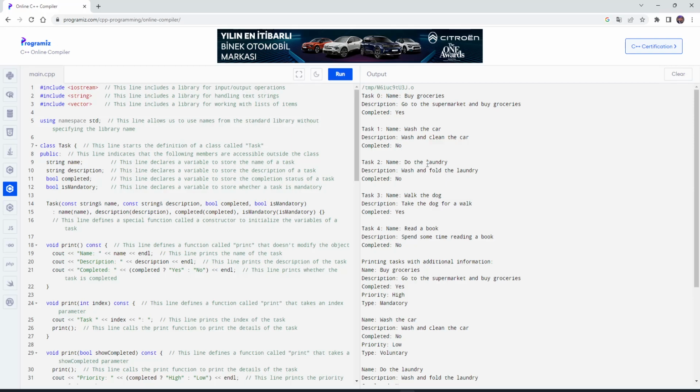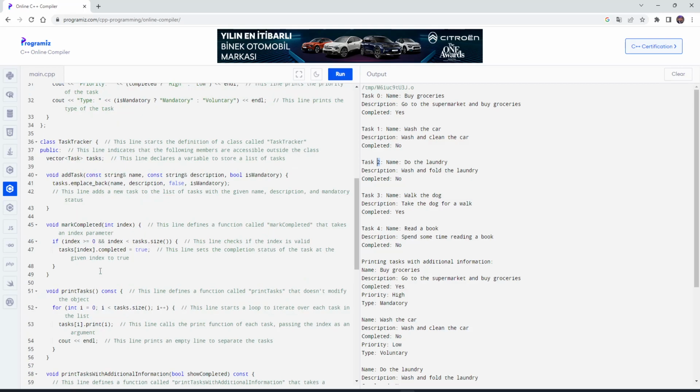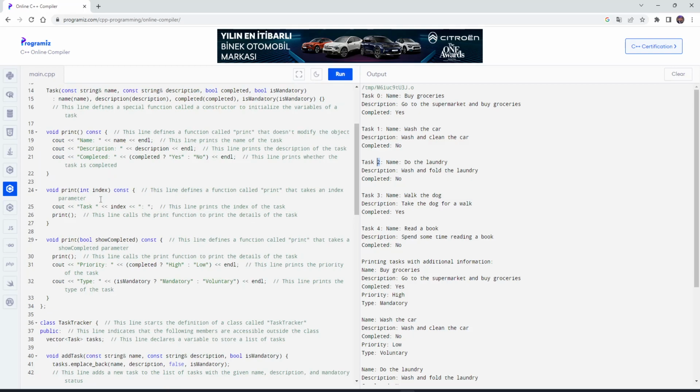This is the index number, which I create, the function index here. From here, I create and print, and the names, description, and completed information. And additional information, we add priority and